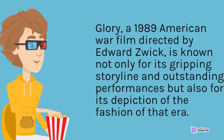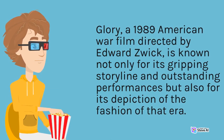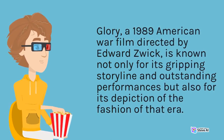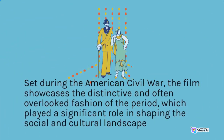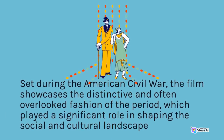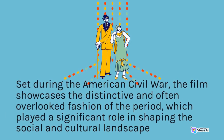Glory, a 1989 American war film directed by Edward Zwick, is known not only for its gripping storyline and outstanding performances but also for its depiction of the fashion of that era. Set during the American Civil War, the film showcases the distinctive and often overlooked fashion of the period, which played a significant role in shaping the social and cultural landscape